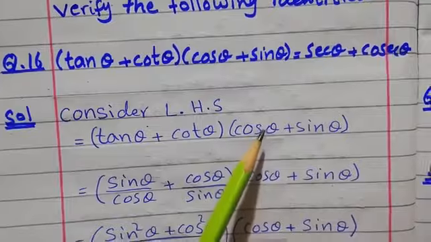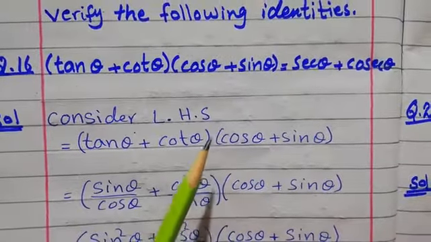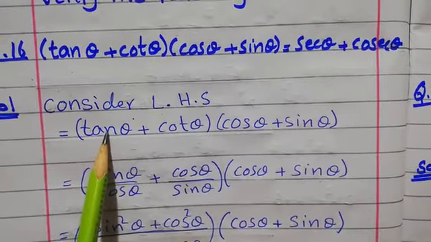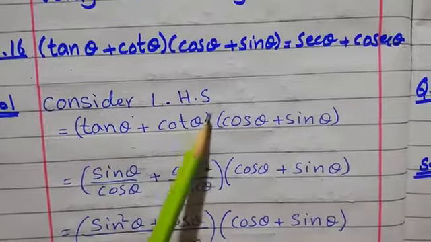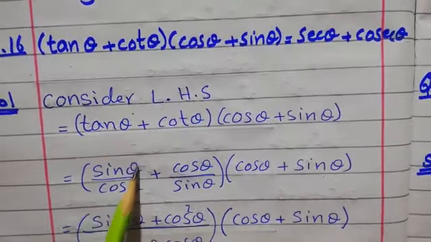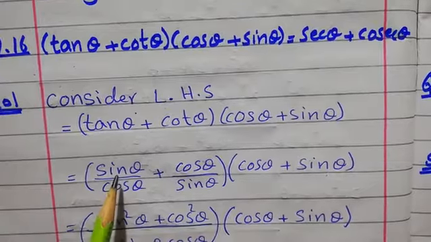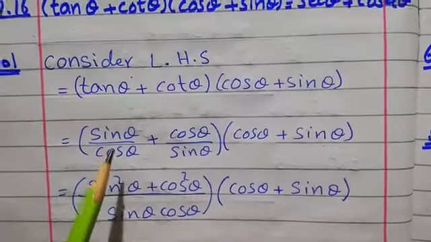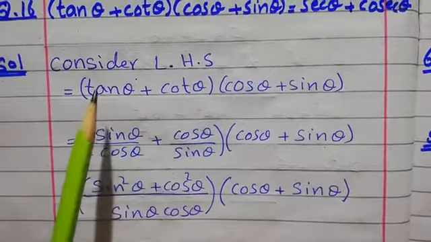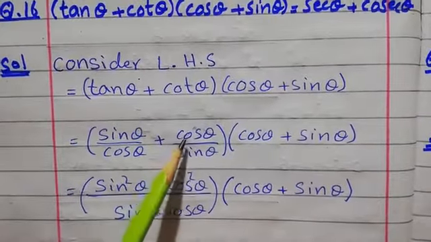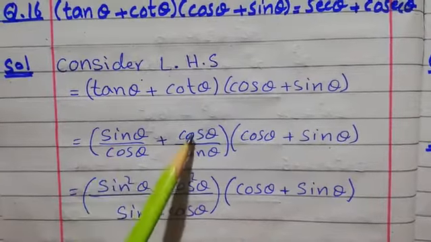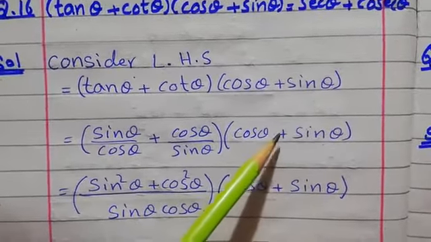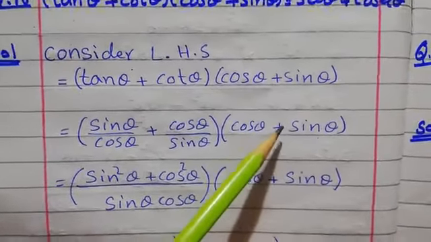First we will consider this side, and you know that I have told you that we will convert these trigonometric functions or ratios in the form of sine by cos. If they are not given in sine or cos, which are the actual ratios, then we will convert them. So tan theta is equals to sin theta by cos theta, and cot theta, which is inverse of the tan theta, will become cos theta by sin theta. Means these two ratios are the inverse of each other. We will write cos theta and sin theta as it is. There is no need to convert it into other ratios.